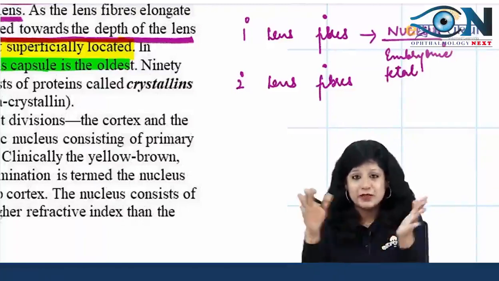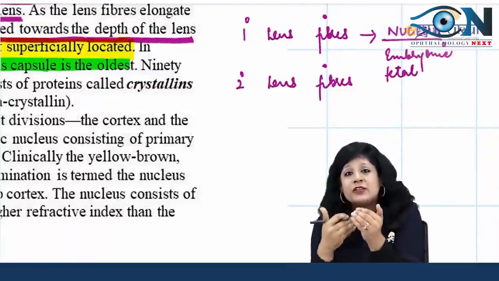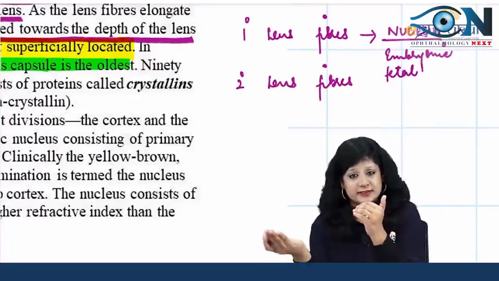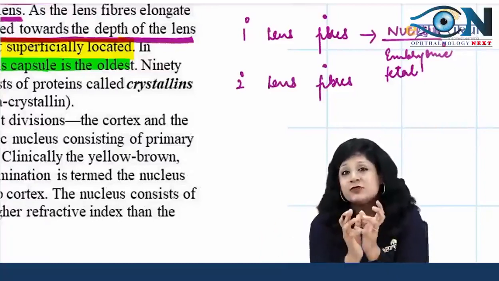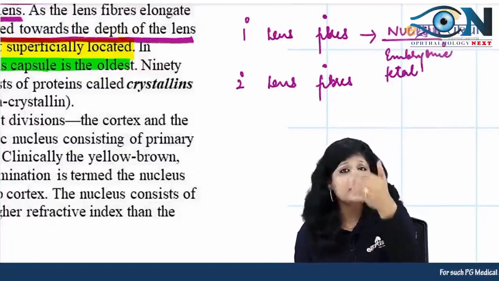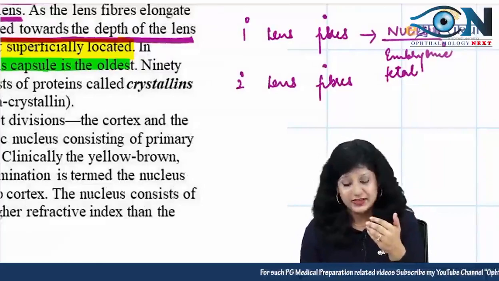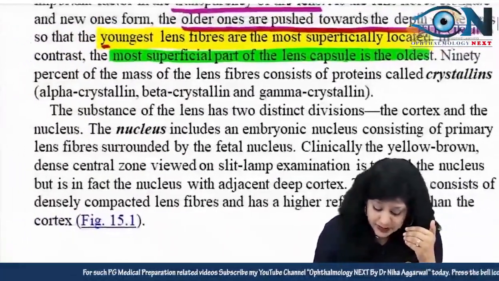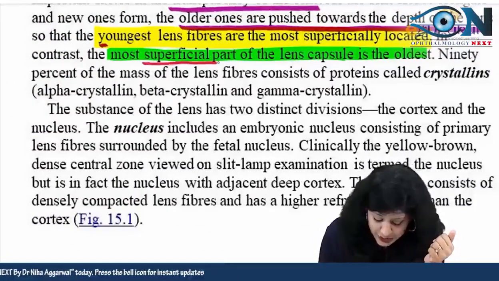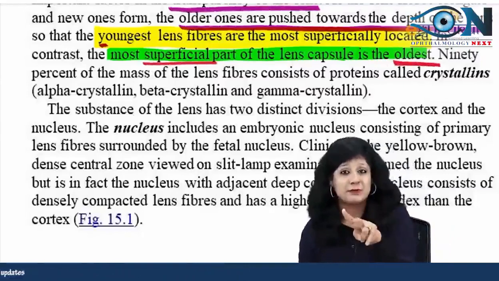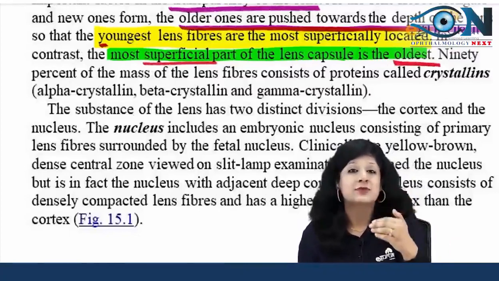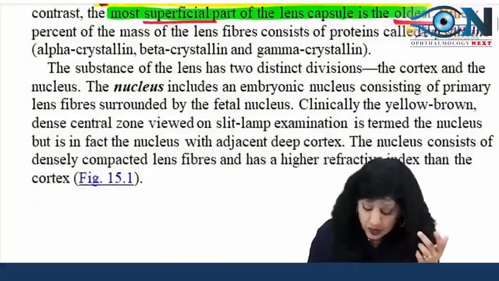When they are being formed, they are pushed towards the center of the lens, and the others which are forming are above it. These secondary lens fibers will be formed by the equatorial cells which were actively dividing. So in the lens, in the center I am getting the oldest cells present in the nucleus, and towards the outer side I am getting the youngest ones, right? But if I talk about the capsule, there you have the opposite. There the superficial ones are the oldest. So you have to remember this, okay? Don't get confused. In the lens, the most superficial are the youngest, and in the capsule it is the other way around.